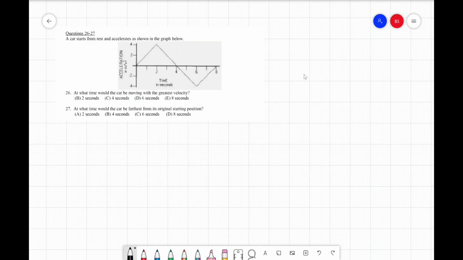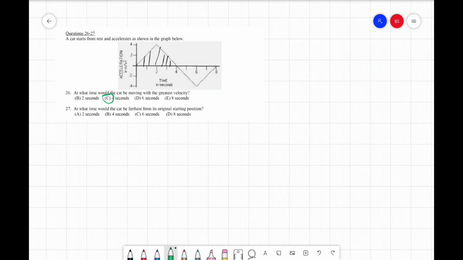Looking at the graph, we can see that when t is equal to 4 seconds, our acceleration has come back to 0, and we have this triangle, the area of this triangle, as our velocity. If we go beyond that, we're going to have some negative area, which means that some amount will be subtracted from the area of the original triangle. That shows that at t equal to 4 seconds, our area is the greatest, which means that the answer is